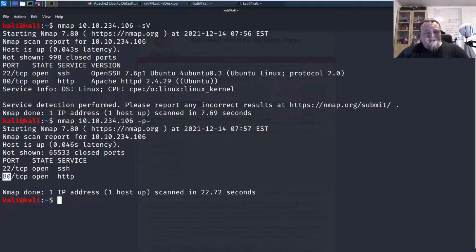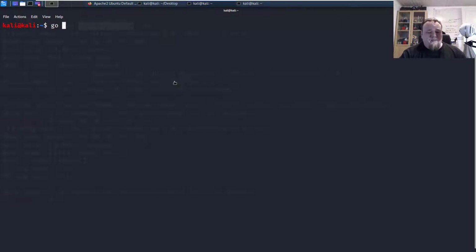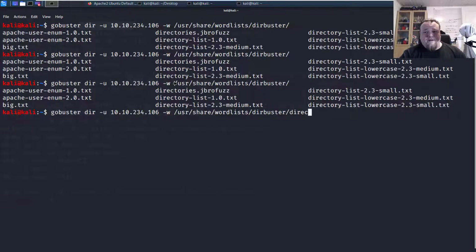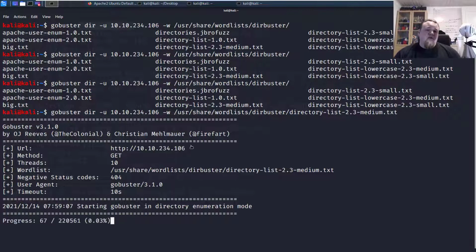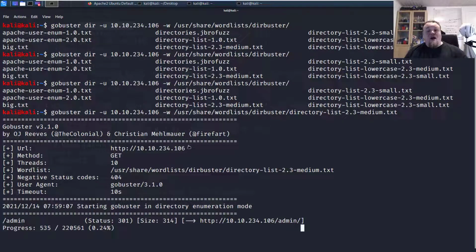And since we have a web page in port 80 and have no other ports, I think it's a really good idea to start enumerating for different kind of folders. So I'm gonna go to the other page, say GoBuster directory. This is the host, and I'm gonna find the user share wordlist, dirbuster, directory 2.3 medium list. So I'm gonna start enumerating whatever, and already just like that we got a /admin, and